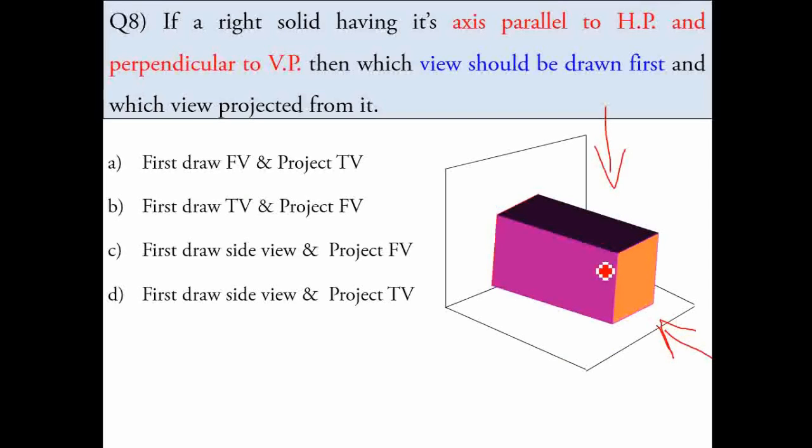For this case, as per the procedure, we always have to draw the true shape of the base first, whatever the position of the object, either vertical or horizontal. Now in this case the object is in a horizontal position, and the true shape of the base is visible in the front view. So the true shape of the base is drawn first, and then the second view. Here it is visible in the front view, so first we draw the front view and then project the top view.